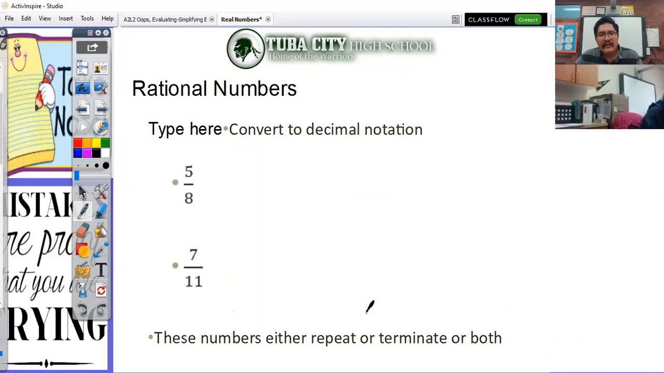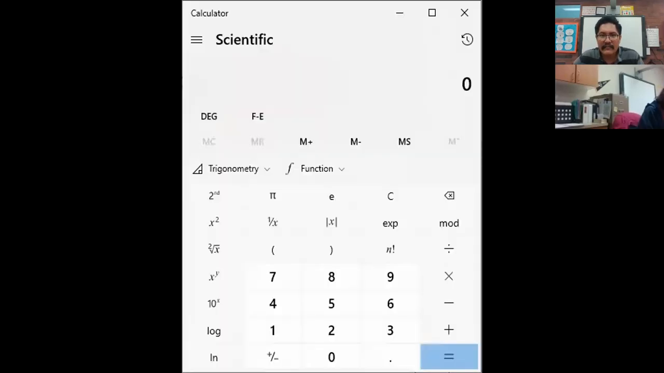Now, for this one here, I'm going to go into just a quick example of one pattern of behavior that rational numbers have. So for this one here, just try to remember the numbers 5/8 and 7/11. With this one, I am going to need a calculator. So I'm going to switch over to the calculator right now. Okay, I think you can see it. So I'm going to type in 5 divided by 8. And I get